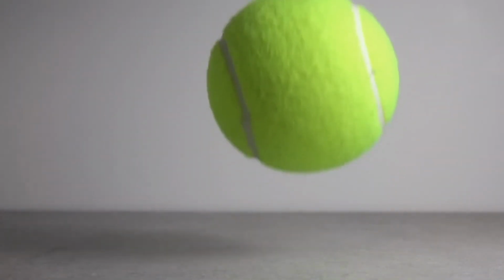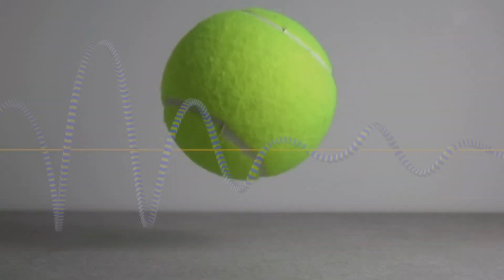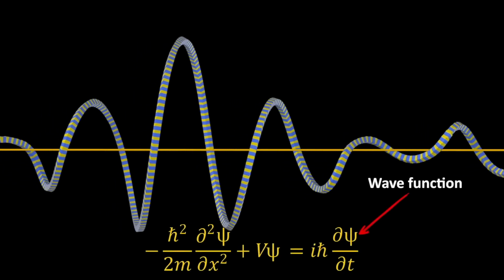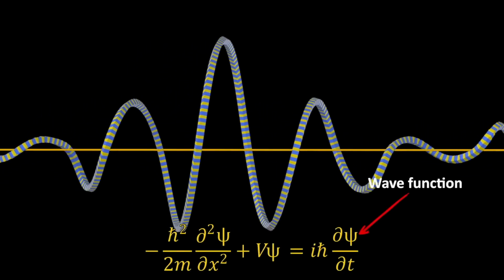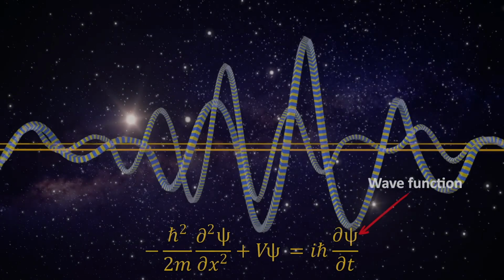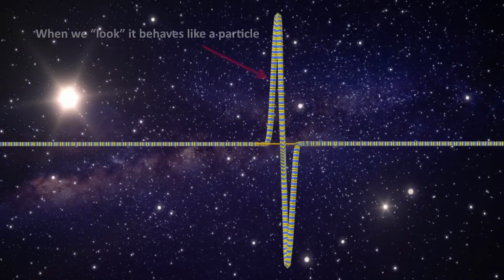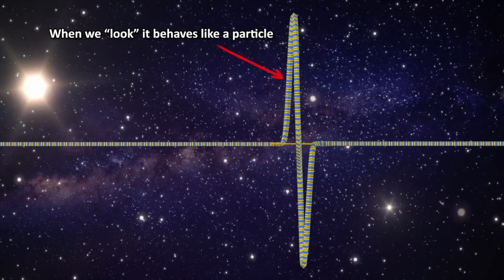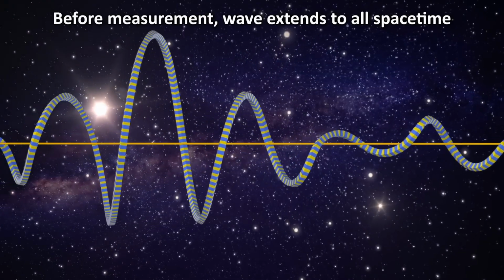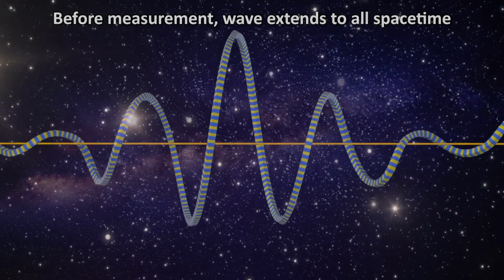In classical mechanics, things are concrete. Objects have distinct positions and velocities. In quantum mechanics, objects have wave-like behavior. They're more specifically described by wave functions, which are abstract mathematical solutions to the Schrödinger equation. These waves aren't localized, but instead take up all of space. It isn't until you look for a particle that it becomes what appears to be a particle. Before that, the particle is a collection of probability waves that theoretically extend out to the entire universe.